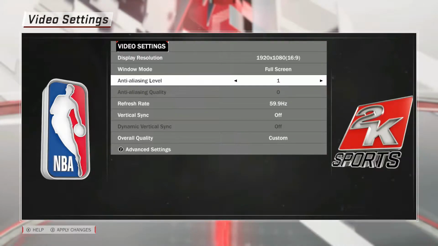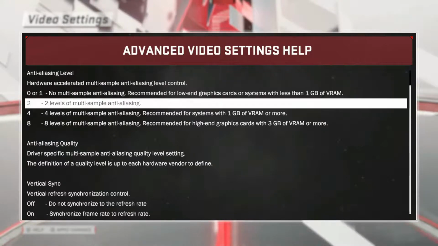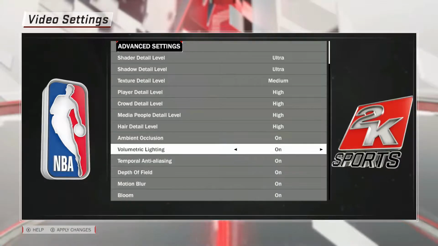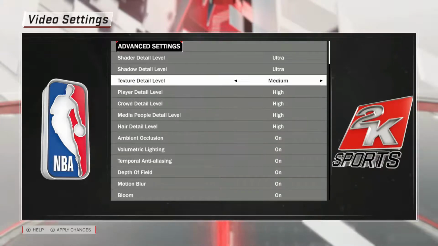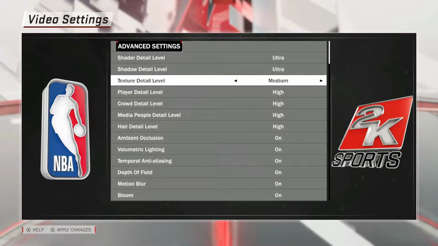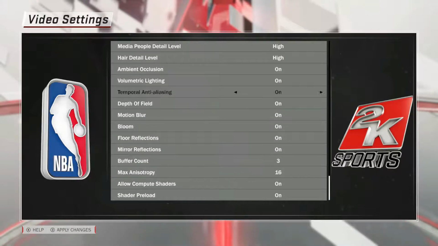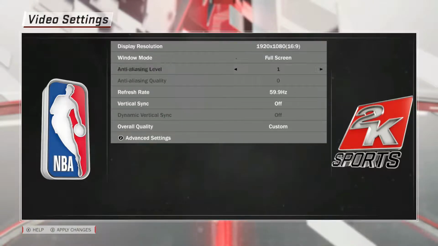As for the settings, I decided to run the game at 1080p, no anti-aliasing, which in this case means multi-sampling anti-aliasing is disabled, and I have the game set on ultra. As you can see, the game already features temporal anti-aliasing, so that is why I'm not really using MSAA, which is very demanding. But you can notice that the textures are set to medium, so I'm using the ultra preset, but with medium textures, and I'm doing that because if you go